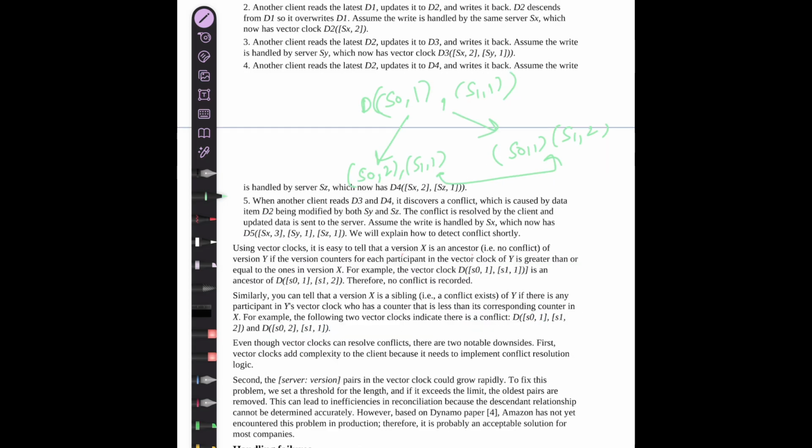But when do you find that there is a conflict? The conflict happens in the siblings. So essentially, suppose this was the state of the system. A data item D was written. So S0 had version 1 and S1 also had version 1. Now two clients come, client C1 and client C2. Client C1 writes the data onto S0, so the version increases to S0, 2 and S1 remains at 1. Parallelly, client 2 writes it to S1, so the version here becomes 2.